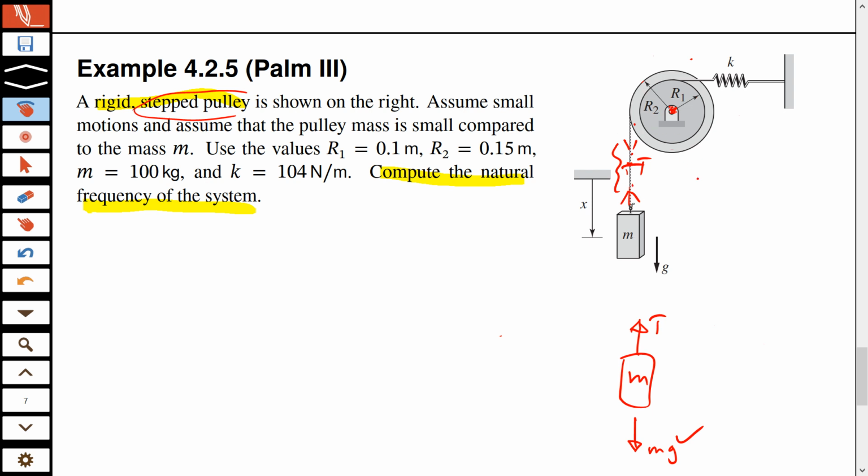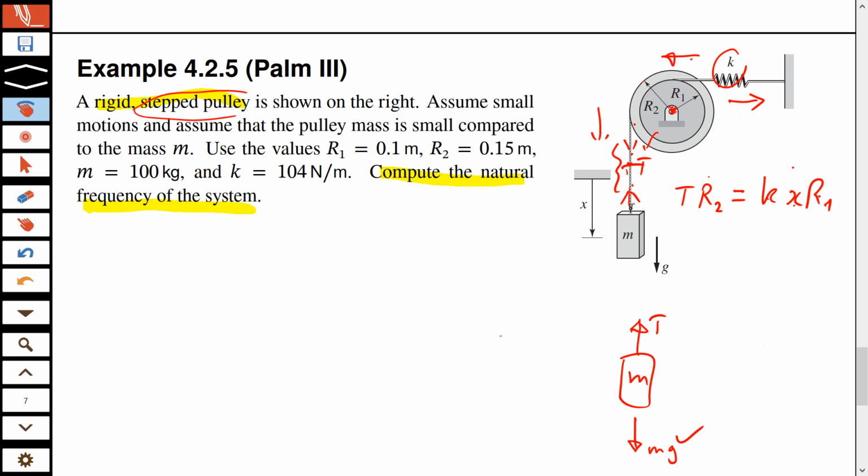So this means that if I want to write the moment balance about this point, its torque will be T times R2, and the spring's will be K times X. And remember, because it has to come downward, the spring will be stretched towards the left, so the restoring force will be towards the right. So Kx times R1 and T times R2 will be opposing each other. Okay, so this moment and this moment oppose each other, which means that T